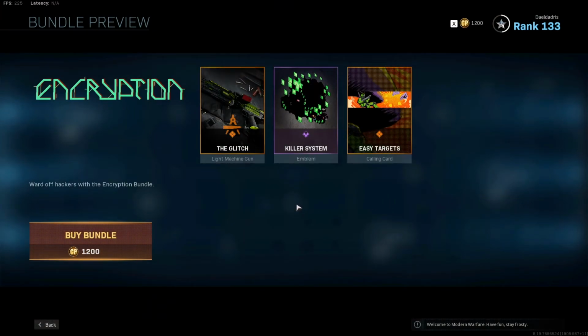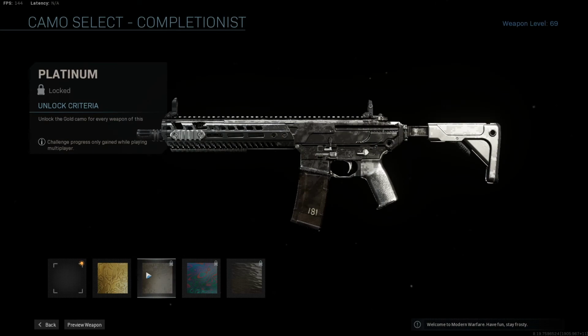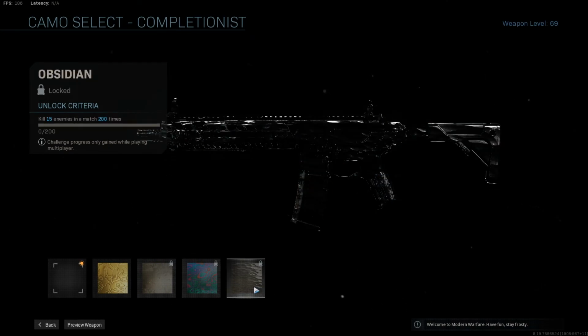Jumping to our next topic, the new camo challenge that everyone was waiting for is finally here. The new look, called Obsidian, is very dividing in both its looks and its requirements to unlock it. Not too many people are satisfied with the full black look of it, especially since you can only preview weapons before this black background, so you can't really tell how it would actually look like in-game until you unlock it